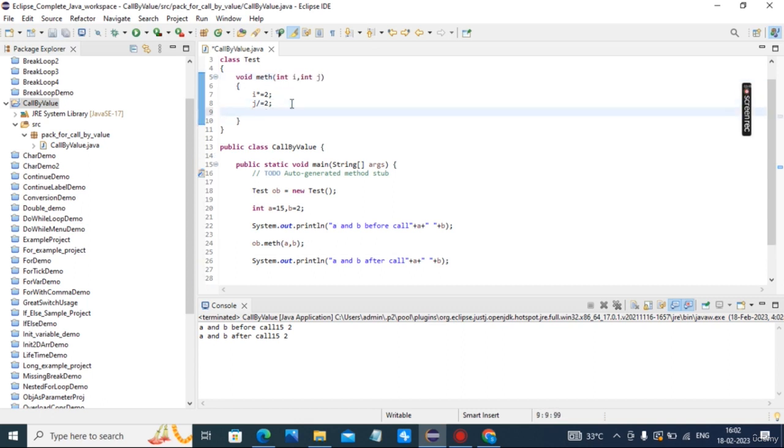Now let's modify this code. Print I equal to I plus, and J equal to J. Now I run this code.